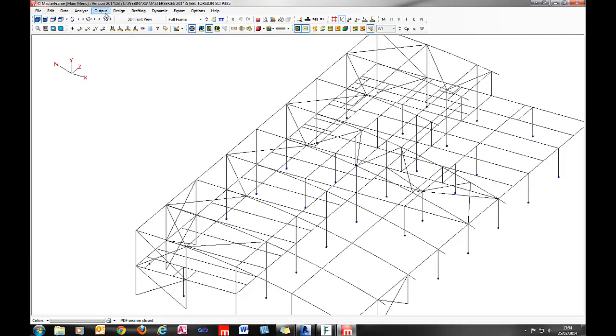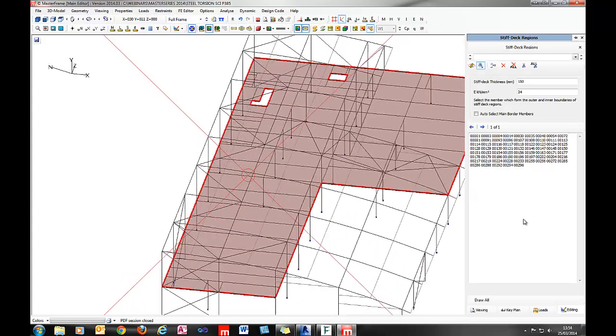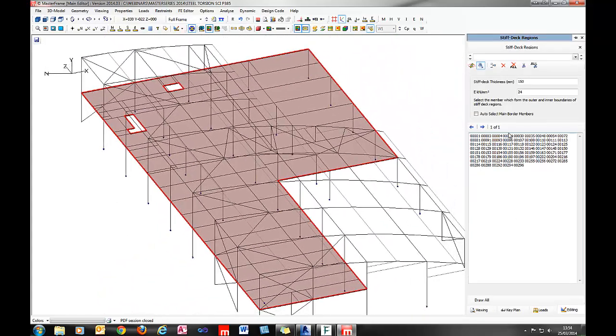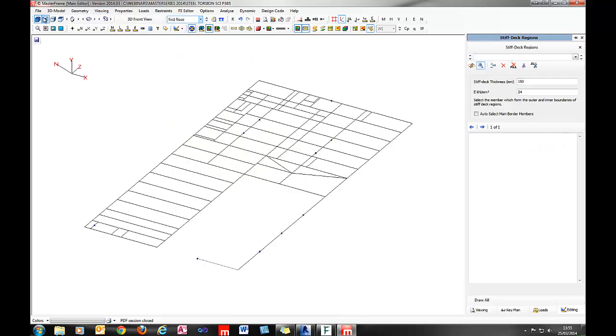The other thing that we introduced during 2013, which you do have available in your version today, but was introduced partway through 2013, is the ability to model what we call stiff deck using a semi-rigid style stiff deck. If I go to my properties and special properties, when we go to this stiff deck semi-rigid, I can see I've modeled in this structure a stiff deck subset, which was done by picking a group of members. So if I just clear that, go into the first floor,